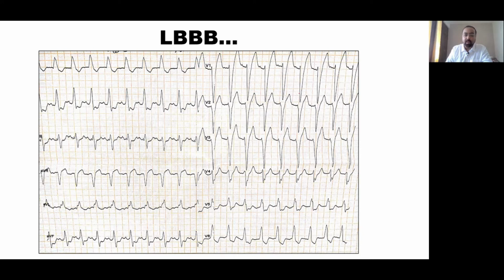Now, before we delve into the diagnosis of ischemia, let's just quickly see this particular ECG. As you can see, the patient has got a wide QRS complex, a deep negative QRS complex in lead V1, a positive R wave in leads V5 and V6, and there is no Q wave in the lateral leads, that is V5, V6 again. So hence this patient has got a complete left bundle branch block.